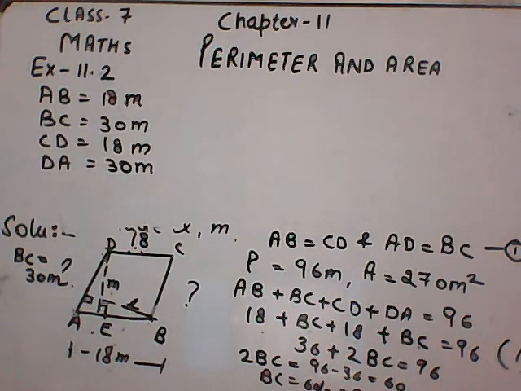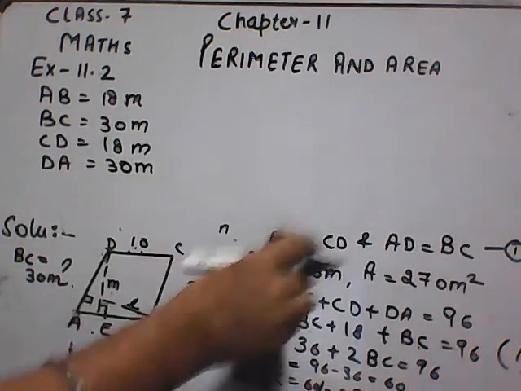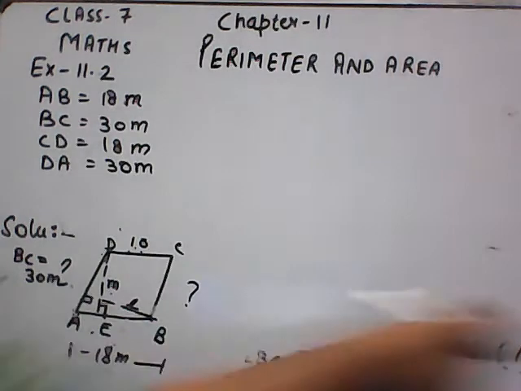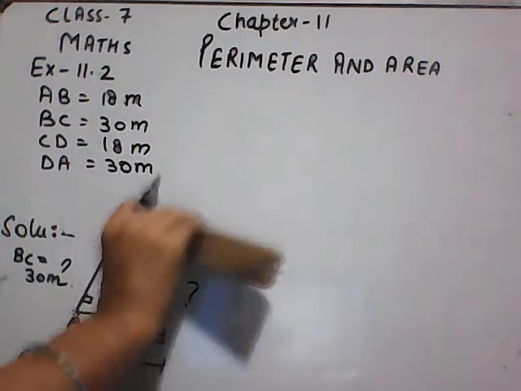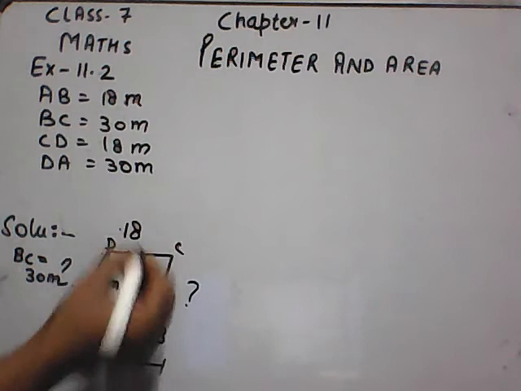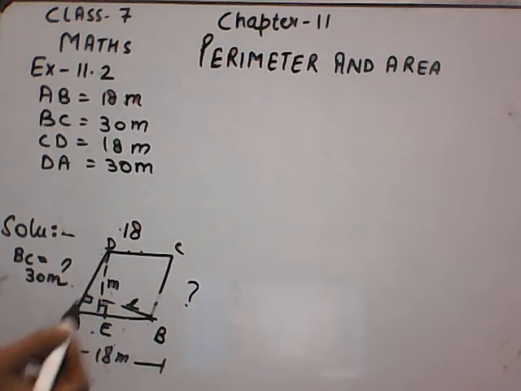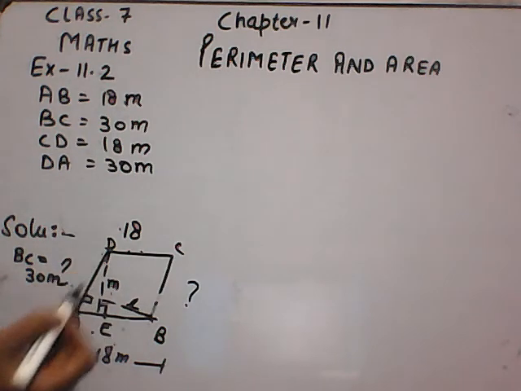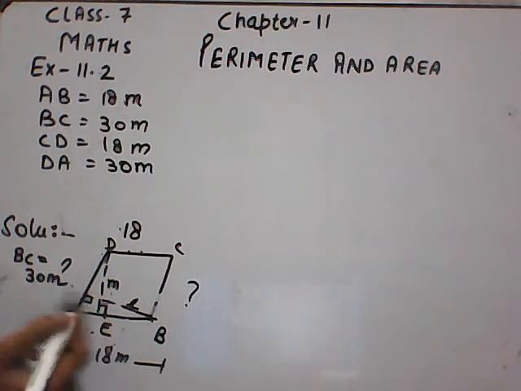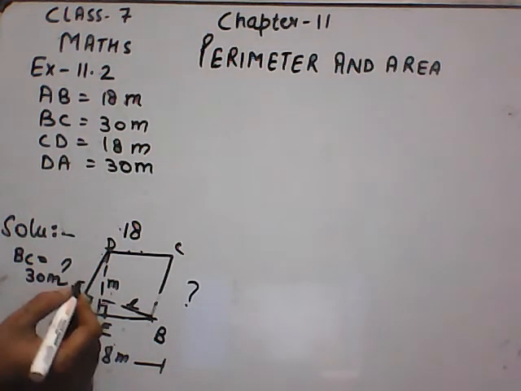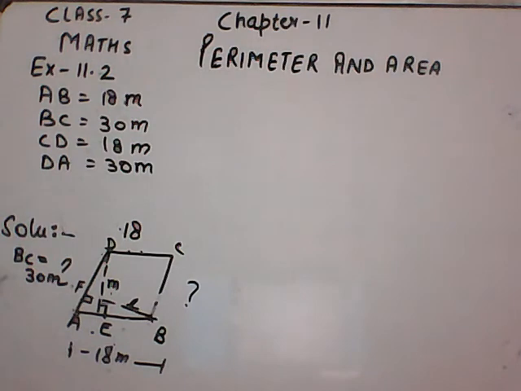Now you also have to find out the length of the altitudes. Here, L is the altitude from B to the side AD. We know that area of a parallelogram is base into corresponding height. If we consider AD as the base of the parallelogram, then suppose it is BF, then BF is the height of this parallelogram.